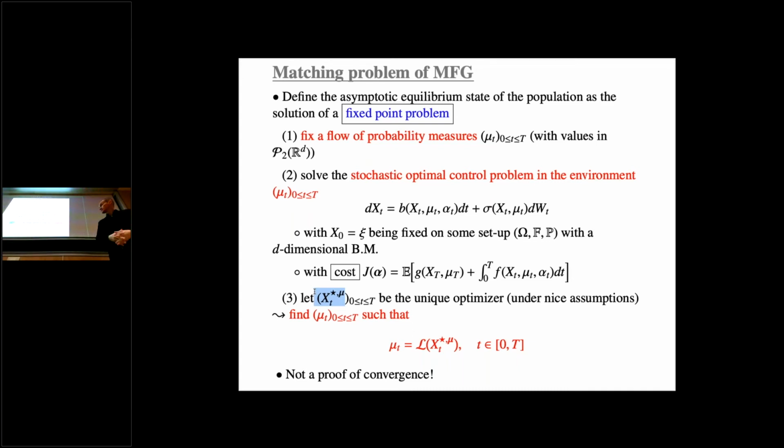I am minimizing. And now, once again, I recall Nash. What does Nash say? It says, at the equilibrium, there is no incentive for me to exit. So here, if μt is an equilibrium, it means that the law of the optimizer should be the environment itself. So it means that the law of X star, the law after the best response, is the environment. This is the Nash condition.